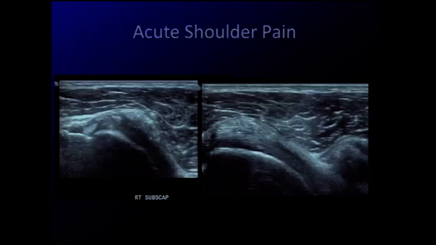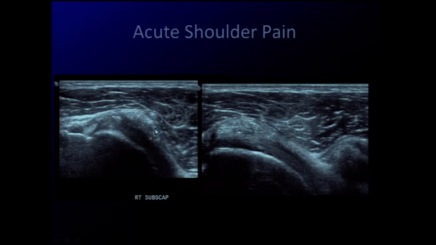Now, sometimes the deposits within the tendon may be paste-like, and this is also another form of calcific tendinosis or calcific tendinitis, as it's called, and these patients may present with acute shoulder pain and decreased range of motion. In this case, you can see this deposit that almost looks like it's on the superficial or on the surface of the subscapularis tendon. It may appear very hyperechoic with not much shadowing, and it may be abutting or tenting